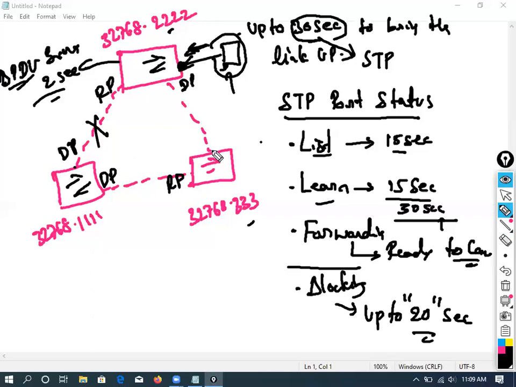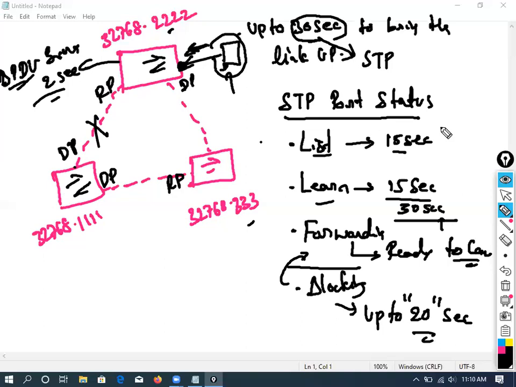Clearly understand? Now this port was earlier blocked. Since we lost connectivity here, to bring this blocked port back to the active status, it takes up to 20 seconds. I'm saying up to. It may turn back immediately, like in 1 second, or 2 seconds, or 5 seconds, or 20 seconds. It depends on your network size. Since we connected only 3 switches here, it may come in like 1 second. Are you getting my point? But in real scenarios, where you have hundreds of switches, it may take up to 20 seconds to bring the blocking port back to the forwarding state.